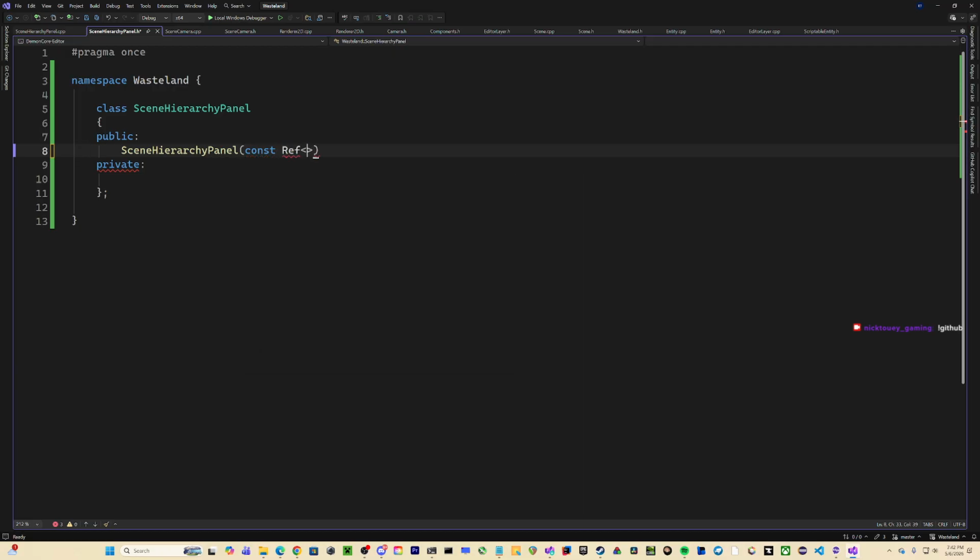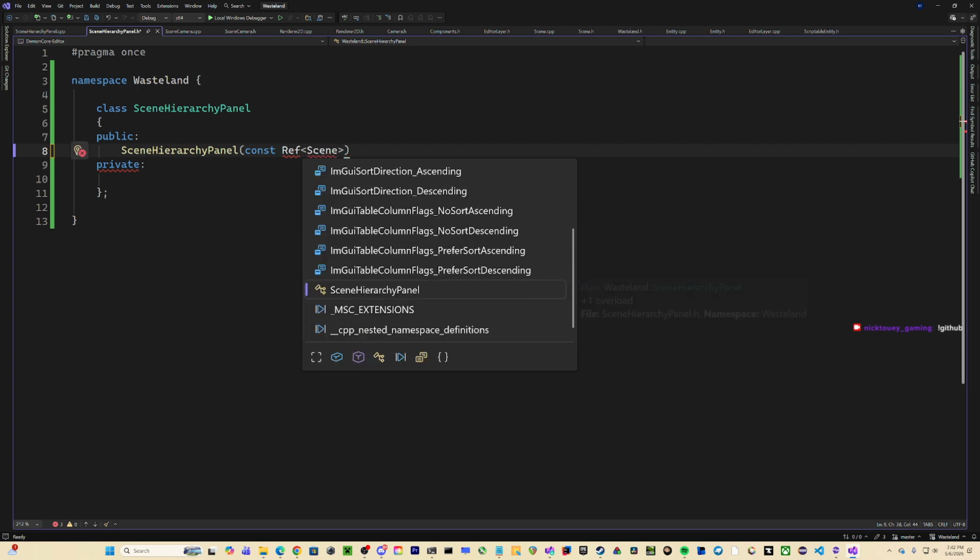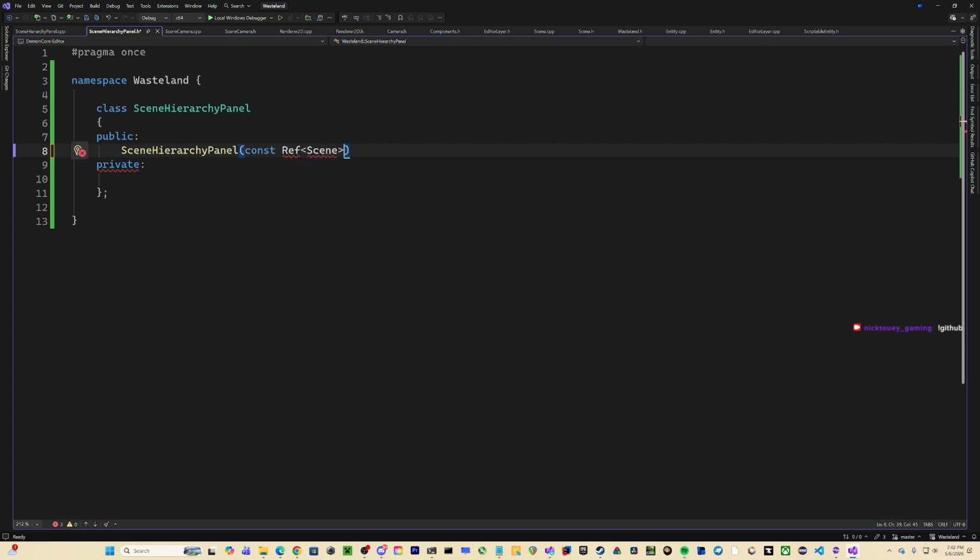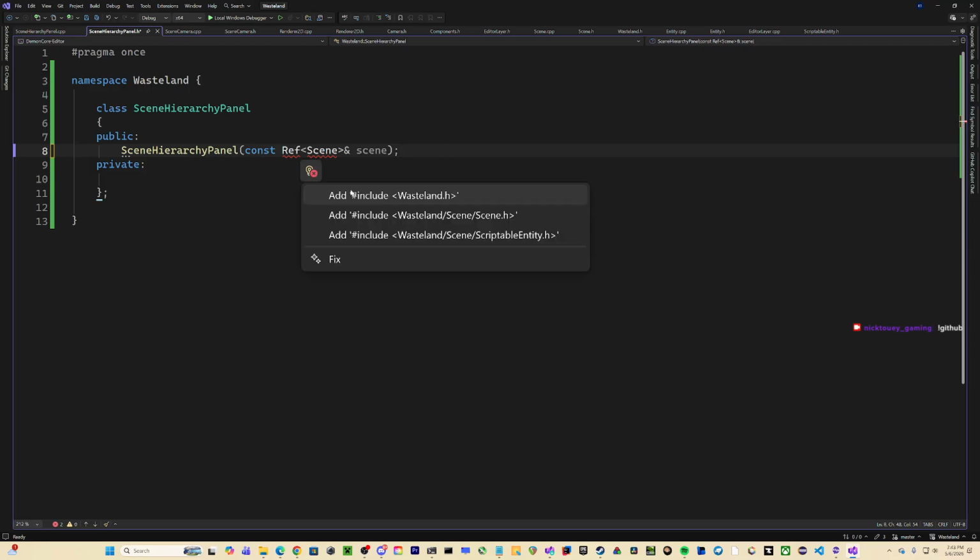Ref scene. Why are you throwing an error? Is it just IntelliSense being a piece of crap? Oh yeah, no, I need to include scene.h.